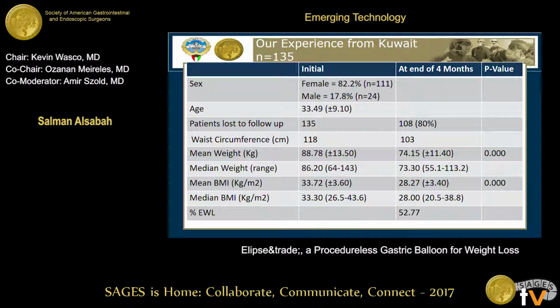This is our results. Mostly females, as you can see. Mean age is 33. We have 135 patients, however, with 80% follow-up, so that ends up with 108. The rest we lost to follow-up, even with the technology that we have. So you can see the significant change in terms of waist circumference, weight as well, and you can see the